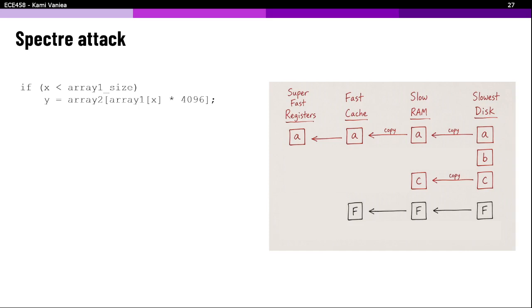B, however, is the victim's variable. We do not own it. C is ours. We have no business accessing this. Sorry, C is ours, but it's not in cache.